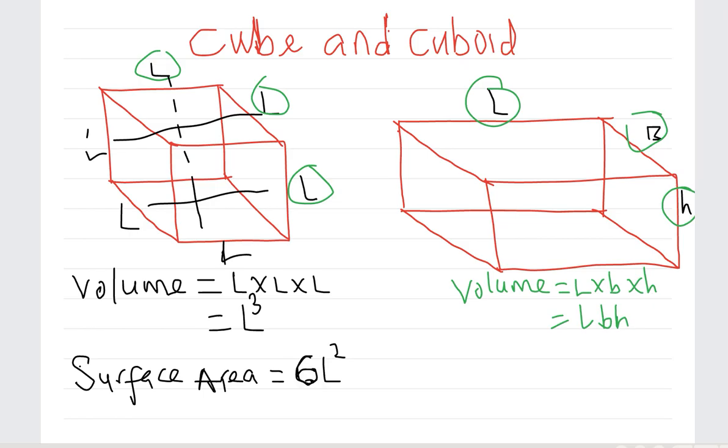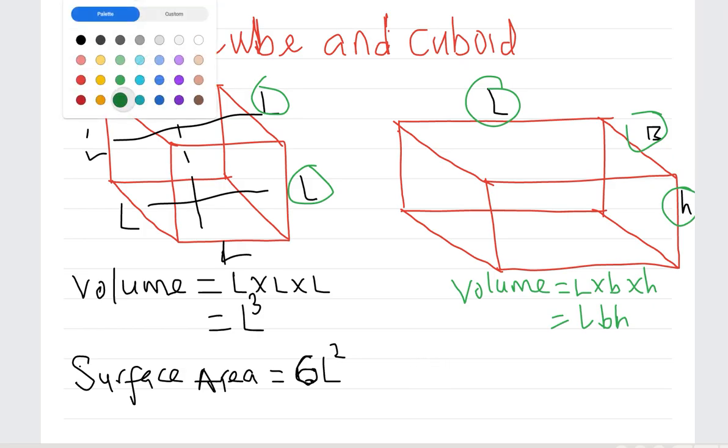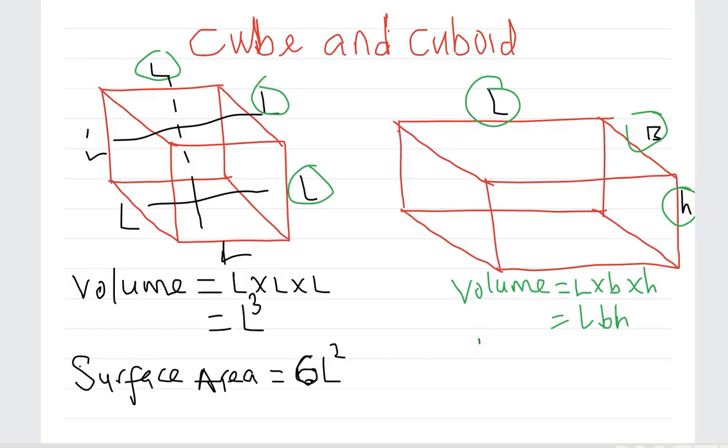But for that of the cuboid, the surface area of cuboid,